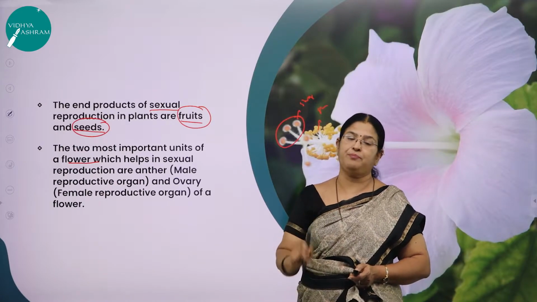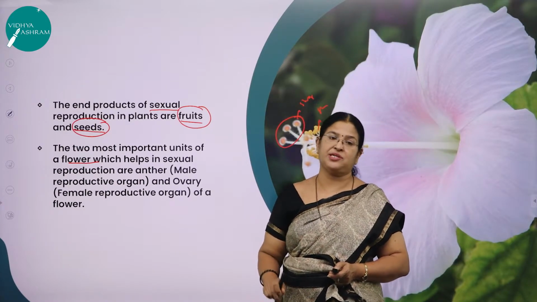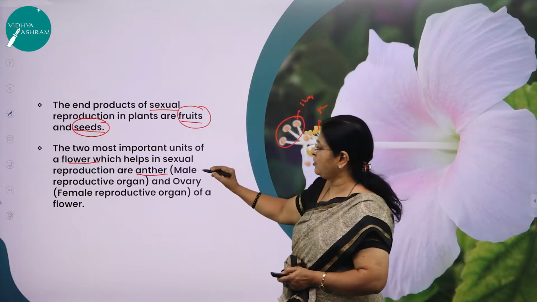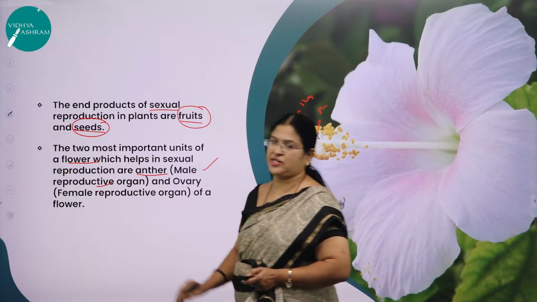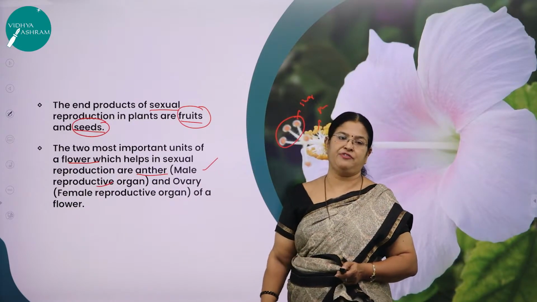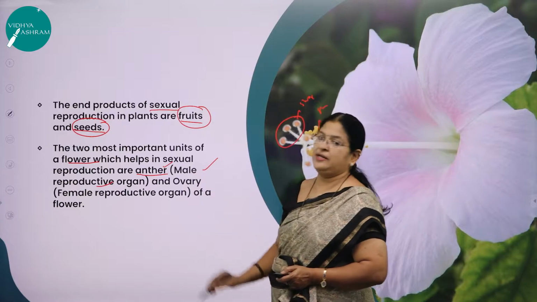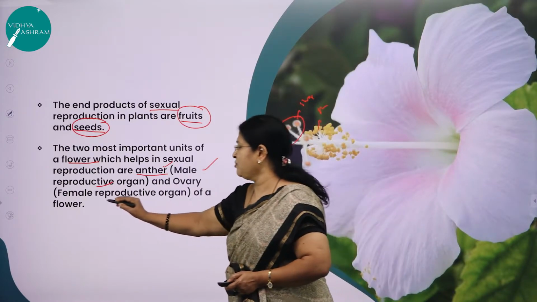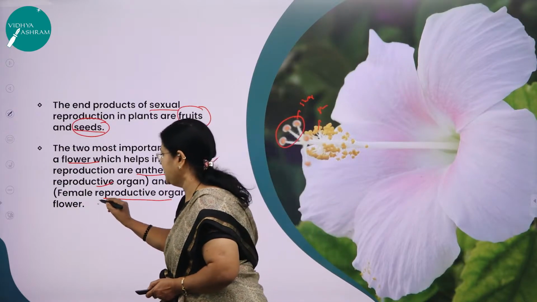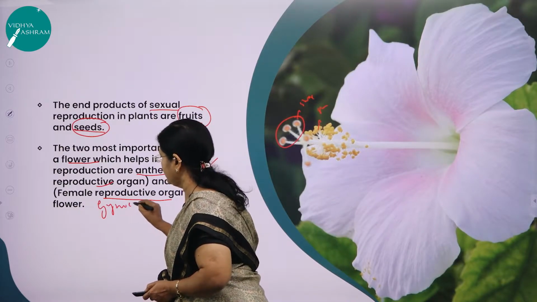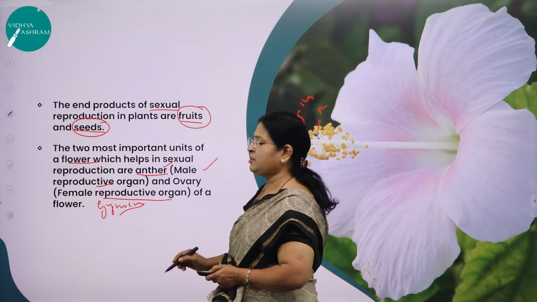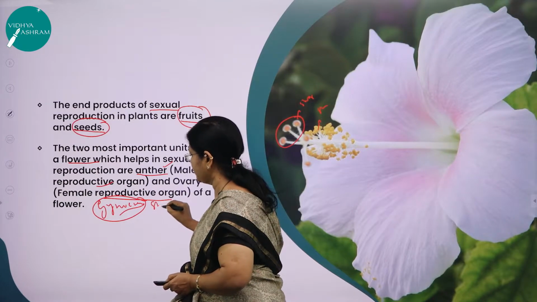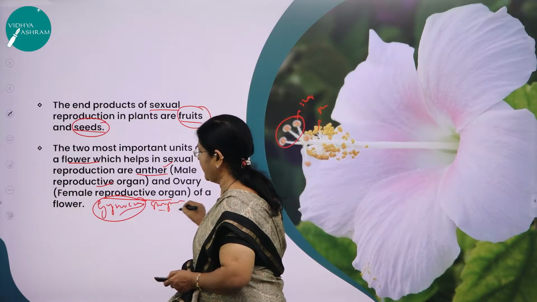As we know, the two very important structures that help in sexual reproduction, the first is the anther. Anther is nothing but what we call a male reproductive structure. So, the male reproductive organ of a flower is called anther, which in turn produces pollen. Right, and the female reproductive organ of a flower is nothing but gynoecium. Right, anther, or we can call it also as gynoecium. Anther or stigmatic surface with gynoecium.